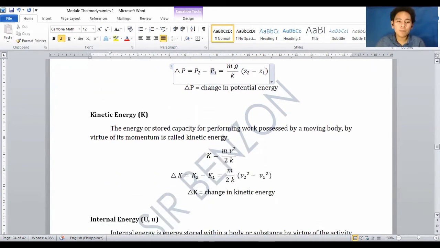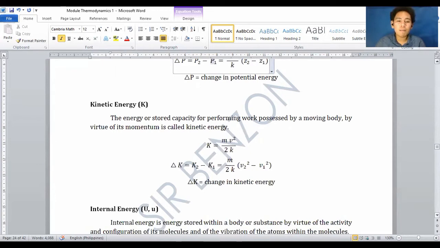Now, kinetic energy. Kinetic energy is the energy or stored capacity for performing work by a moving body by virtue of its momentum. When there is a velocity in the given, you have to determine its kinetic energy. Kinetic energy is equal to mass times its velocity or speed squared over 2K, the proportionality constant K,